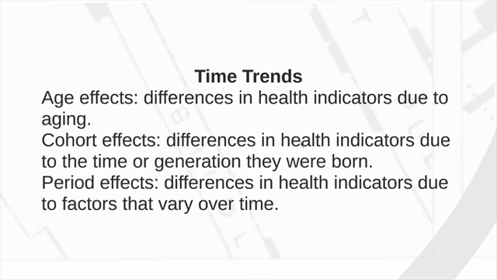Okay, so there's 3 specific types of time trends that I wanted to introduce you to, and these are really important when we're trying to understand the patterns of health and disease over time. The 3 time trends that you're going to encounter are age effects, cohort effects, and period effects. It's important to understand these because sometimes when we're looking at, say, the prevalence of obesity over the past 50 years, it's hard to differentiate